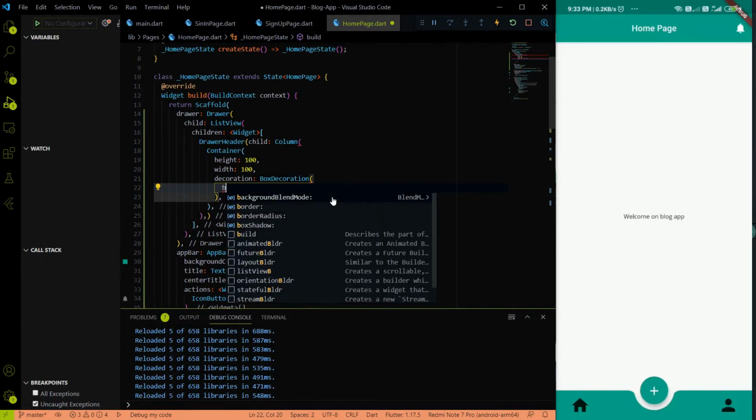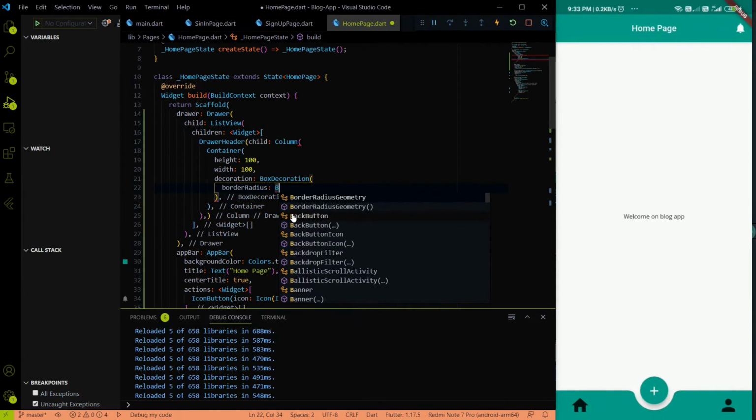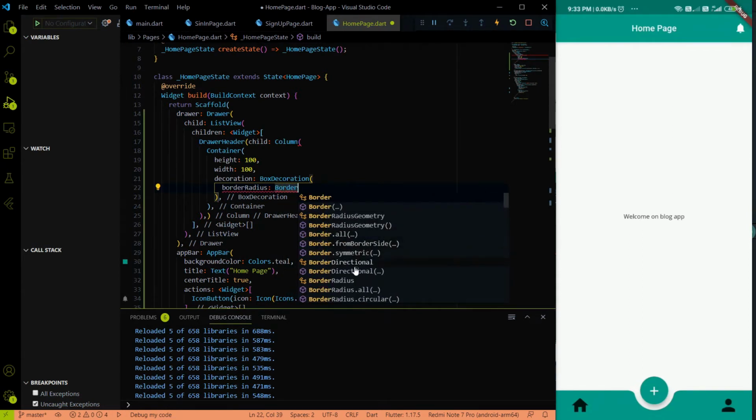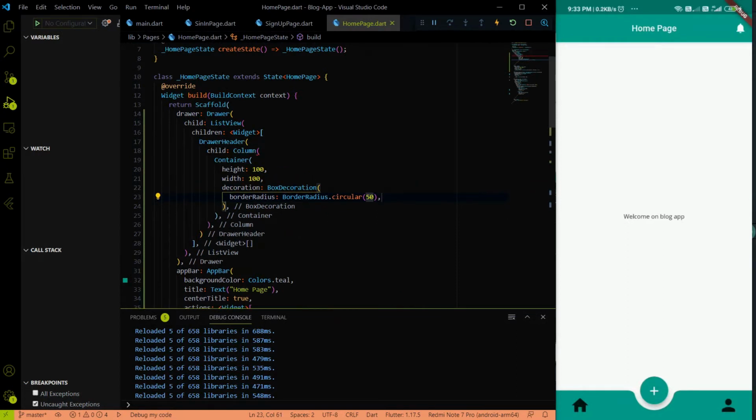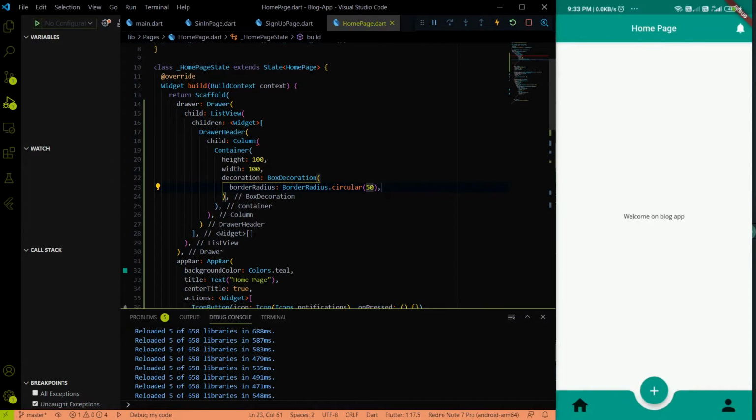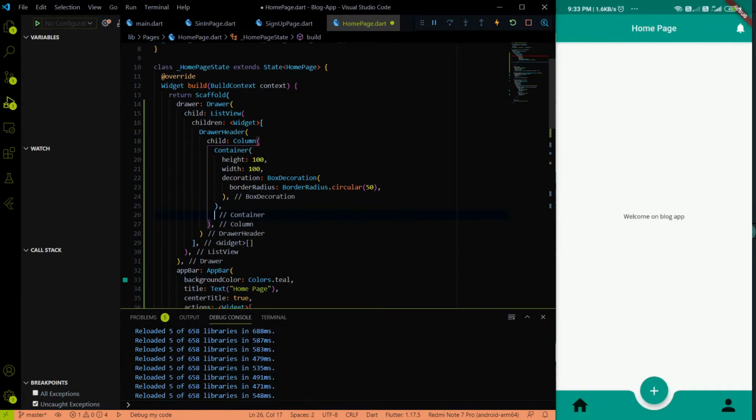So in the box decoration, we have a border radius property. In the border radius, I will provide BorderRadius.circular, and the radius will be 50, and if I hit save, then just wait. After saving it, we will get a button over here, but I'm not getting a button right now. So let's add something extra over here, like after the container, if I add a text for the